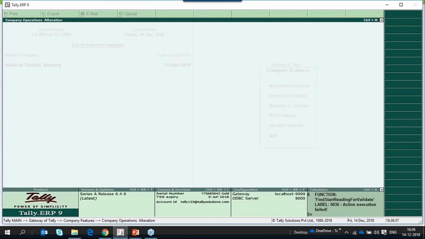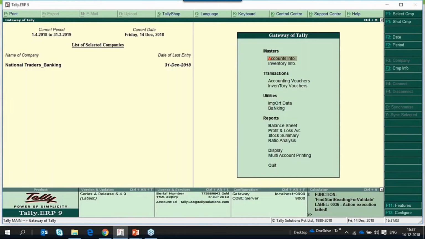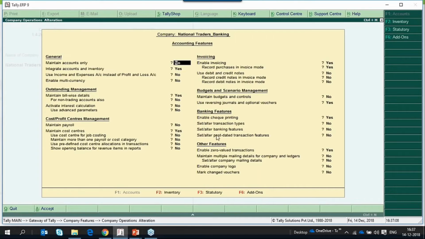So for issuing post-dated checks, again in our F11 features, under accounting features, we have to enable this option called use reversing journals and optional vouchers. Only after enabling this option, the post-dated option will be highlighted during the vouchers.